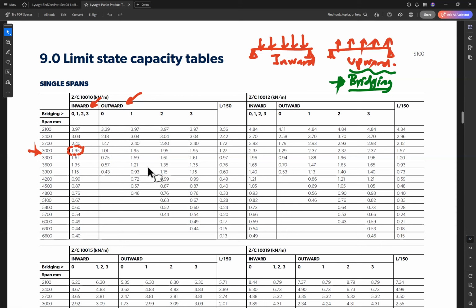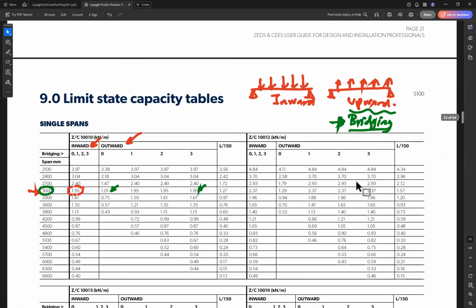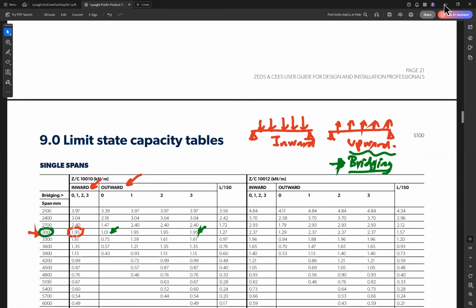So for the outward, you also need to check if you have zero bridging or one bridging or two bridging. So if you have zero bridging, the maximum load is 1.01. If you have three bridging, you have 1.95. So based on your assumption or for your selection, you can select the possible cross section. So if we go back to our slides,